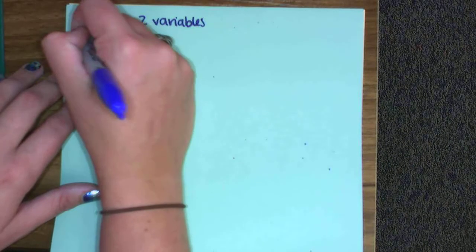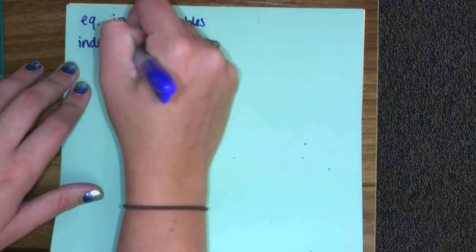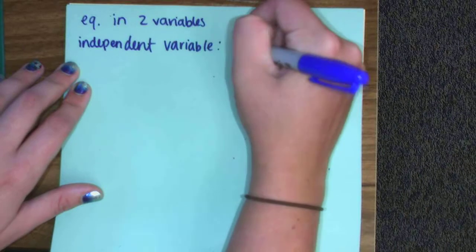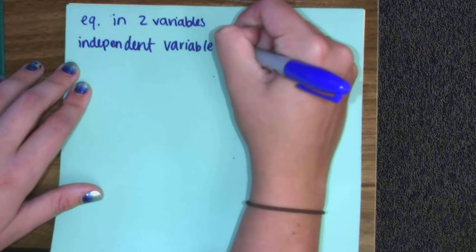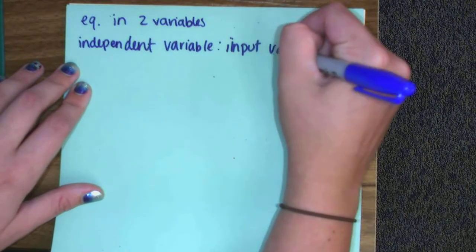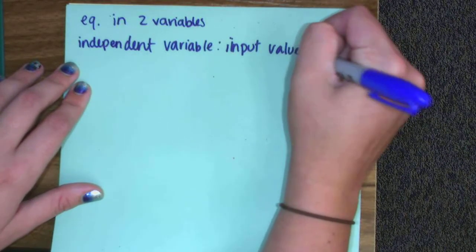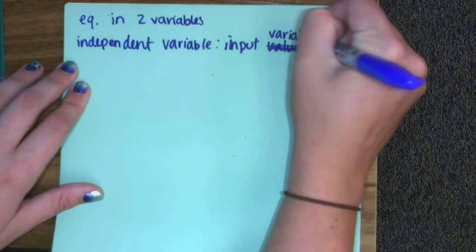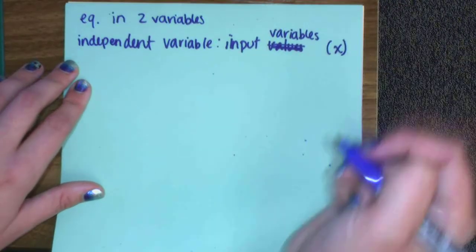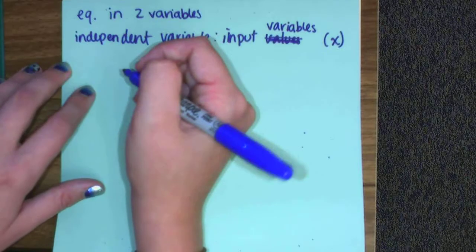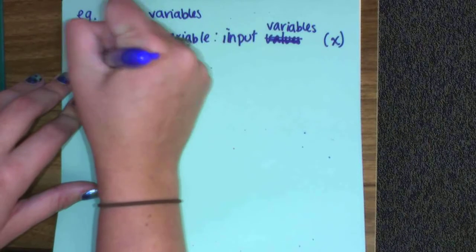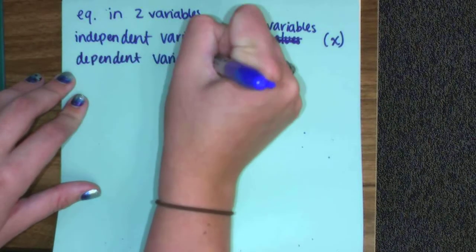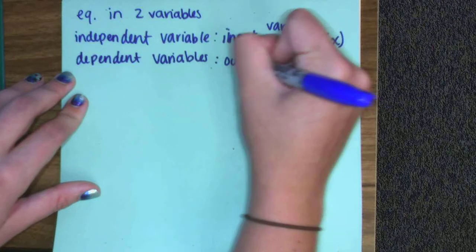The independent variable are the input variables, okay, which is going to typically be your x, okay, your dependent variables, be your output variables,